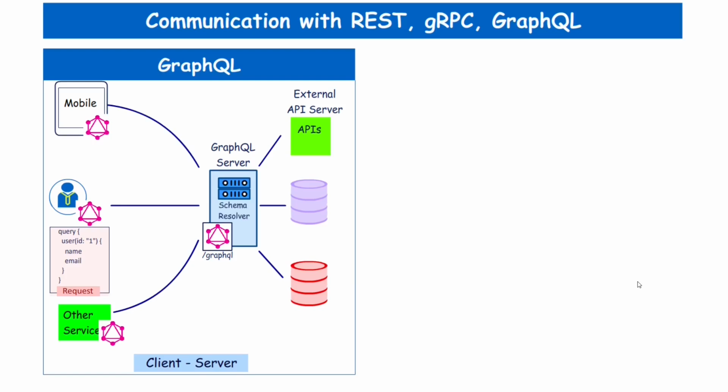And there is a resolver on the GraphQL server that resolves these queries and gives responses. So for example, if the query needs only the email and name, in this case the resolver would resolve this query with the user's data having name and email, and that data would be sent as a response.